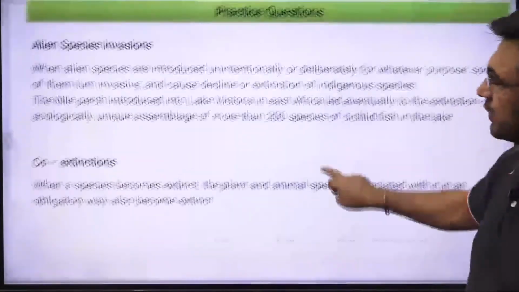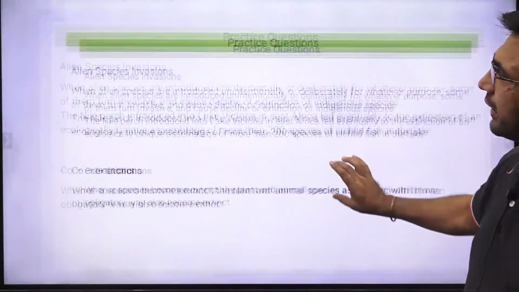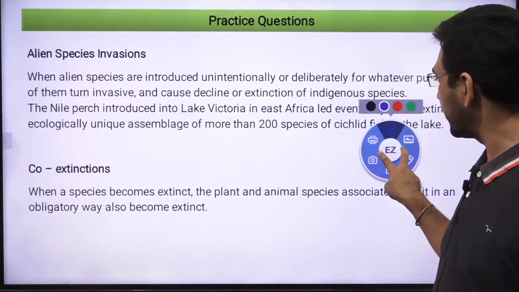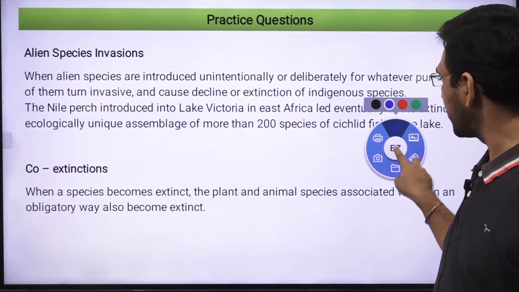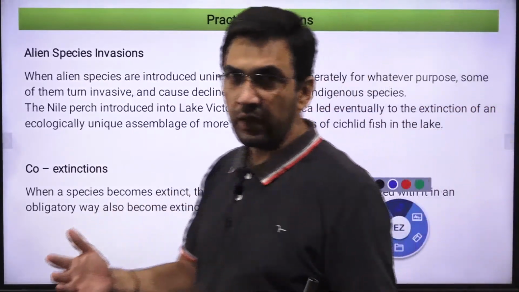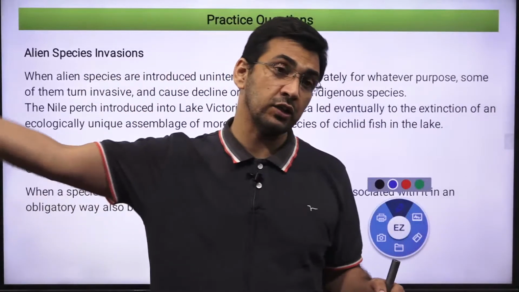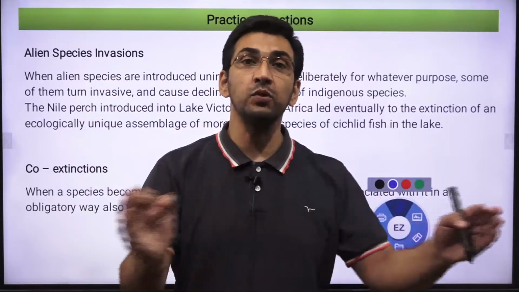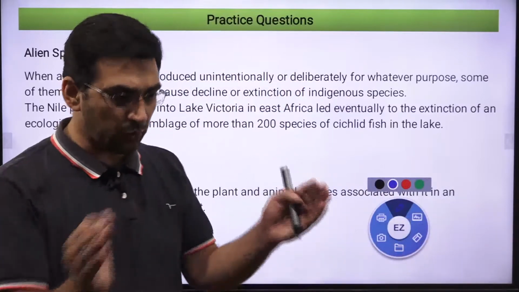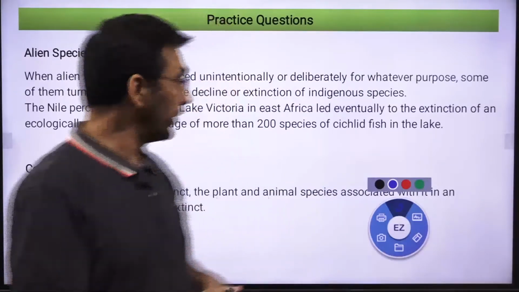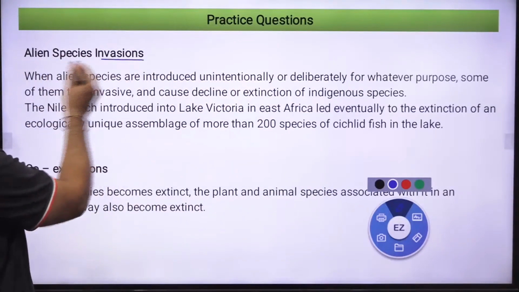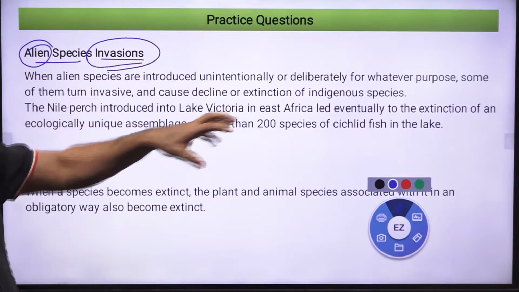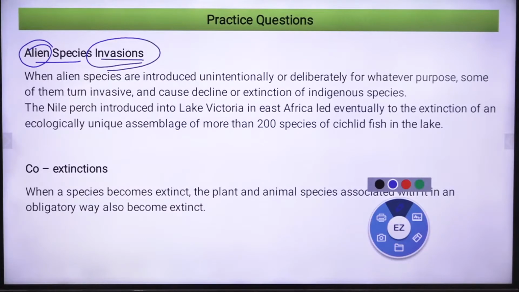And the third and fourth are mentioned over here. Alien species invasion. Because of many actions, for example, you are living in a particular place where some species exist. What you are doing is bringing another new species to that location, and that new species can cause harm to the species that exist in that particular place. So we call it alien species invasion. You introduce an alien species in that location, and it invades the local species, and therefore it can lead to the extinction of those species.